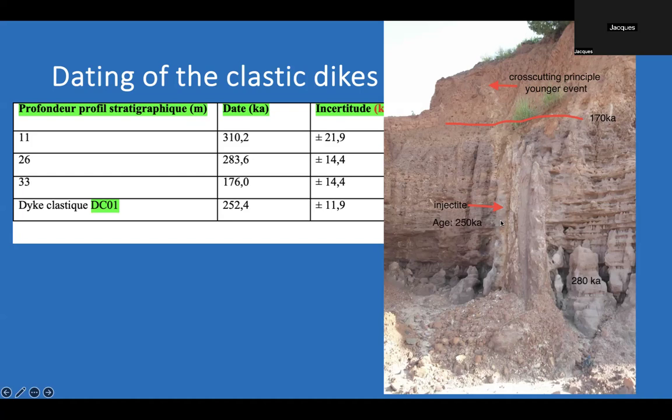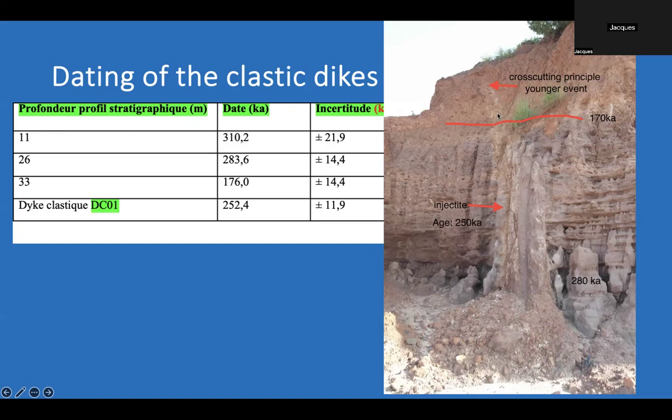We dated the sediments inside the clastic dike that have quite the same age as the silt layers, meaning the earthquake event should be very much younger than those deposits, because the clastic dike cross-cuts the silt layers and also the fluvial sand layer. So it's very young, but